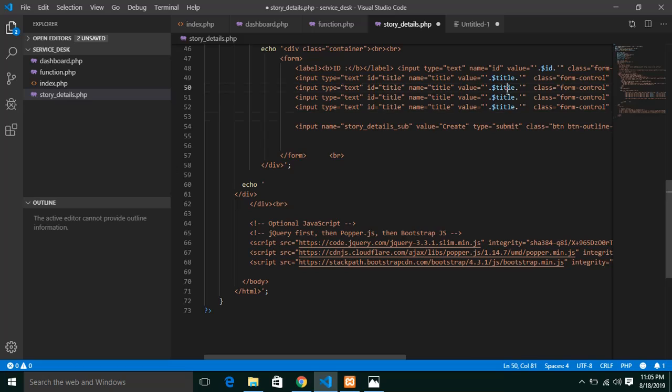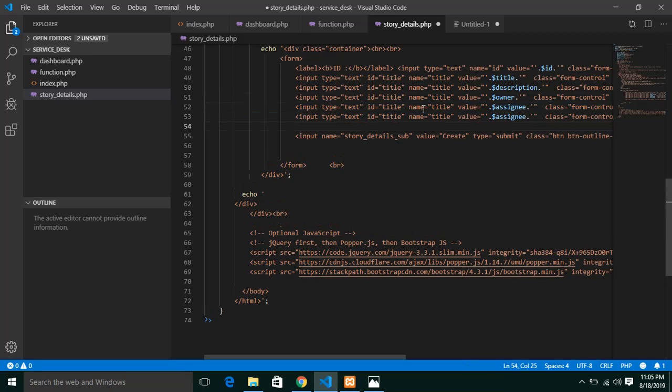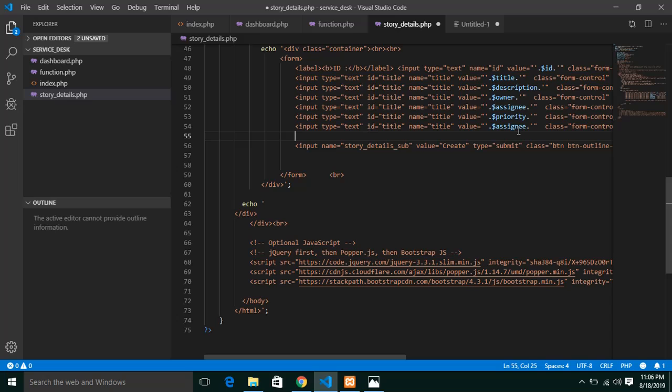So this will be description, this will be owner. I forgot to give this, so this one, this will be owner, this will be assignee, and this will be priority, this will be status,